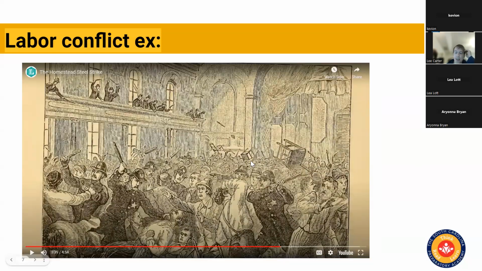So what you should notice there is one of the things that was making it hard for the strikers to win is the fact that there was other labor available to do their jobs. Okay, and I think that's a big key issue in understanding when labor can be successful and when their demands are not.